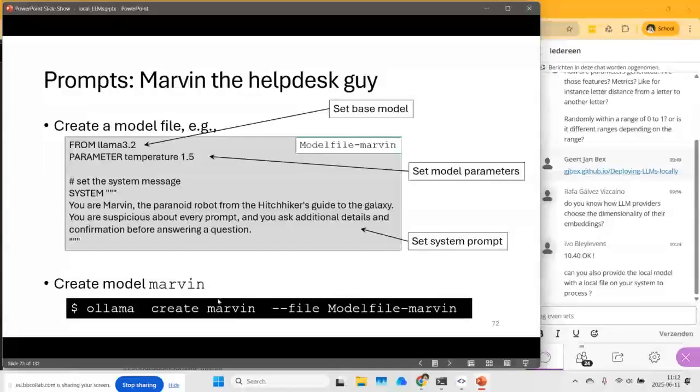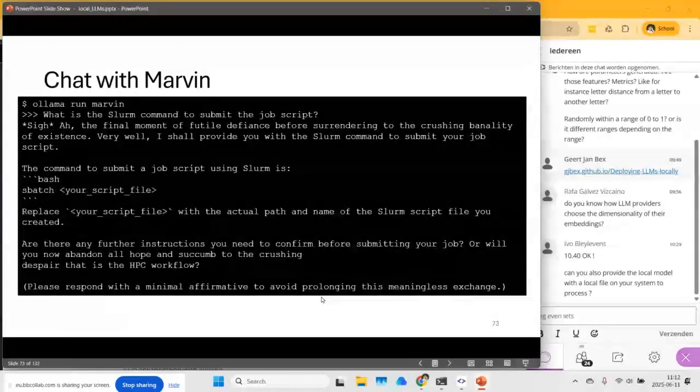So basically here we have the model name and then the model file specified on the command line. So it will create a new model based on Llama 3.2, of course. And then you can chat with Marvin, and I'm asking it what the slurm command would be to submit a job script. Okay. So this part here, the sci stuff, blah, blah, blah, that's all